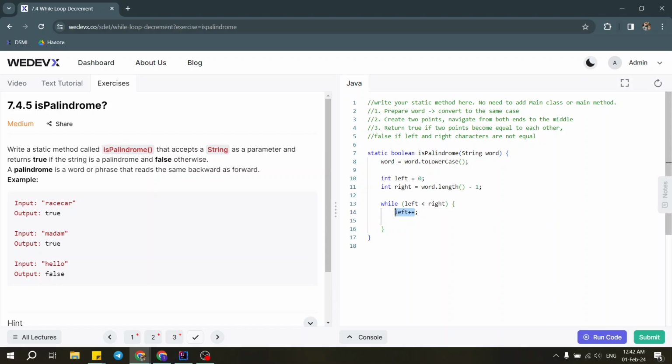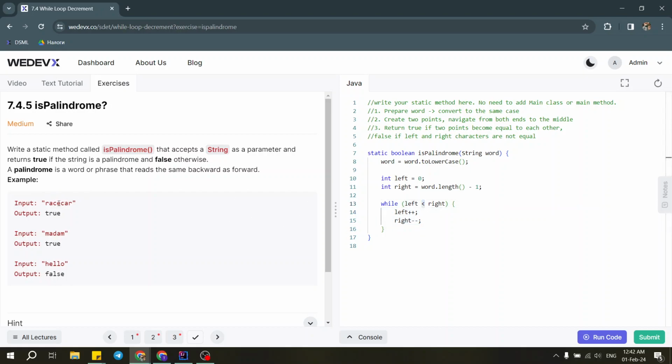So I have to increment the left one, and I have to decrement the right one, so it actually will hold a -1 value. Here I have right decremented. Cool. So now I am making these 2 points move in the middle direction